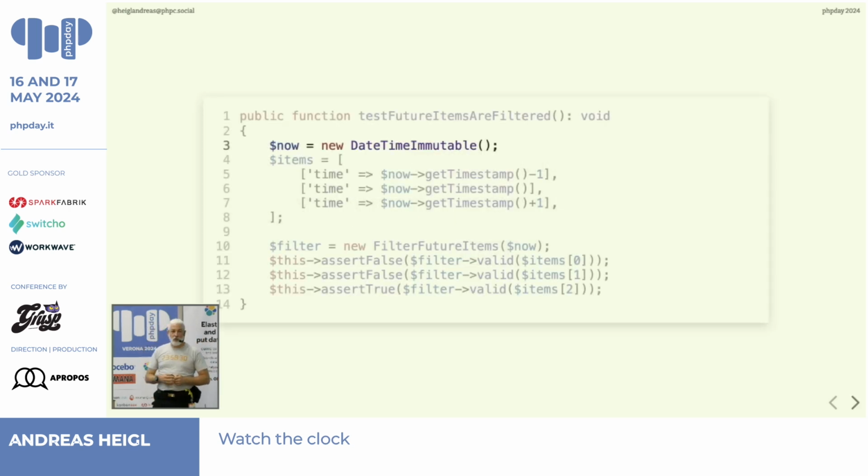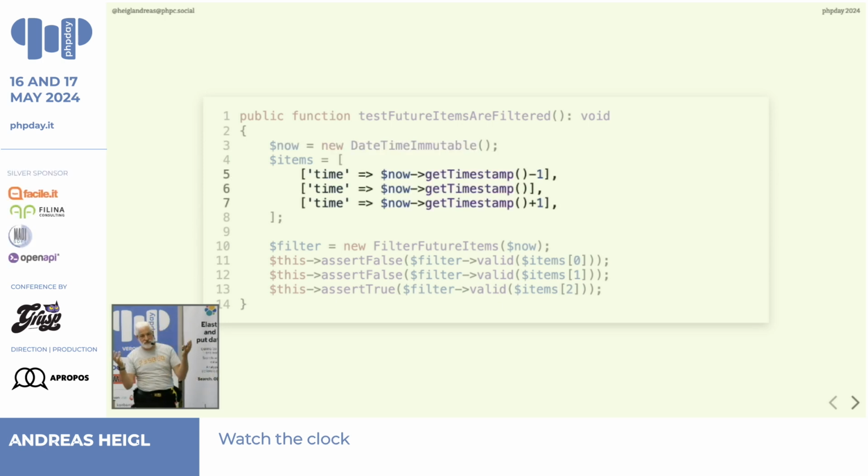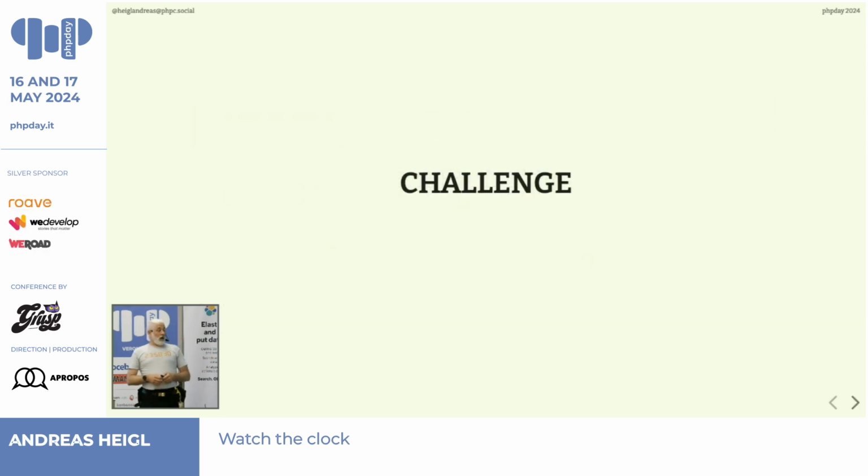So instead of calling time, we are now using new DateTimeImmutable. We still have an integer in our definition for this array, so we need to get the timestamp from that. But the new filter future items takes $now. Make a mental note of that. And the rest stays the same. There is a slight challenge